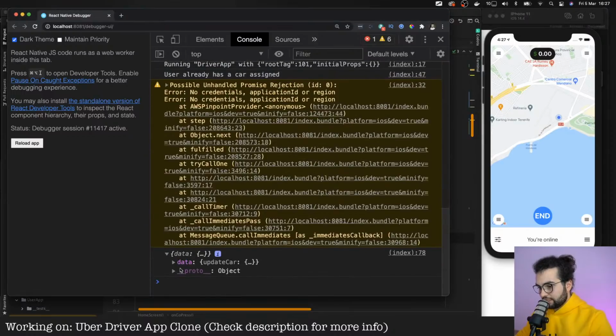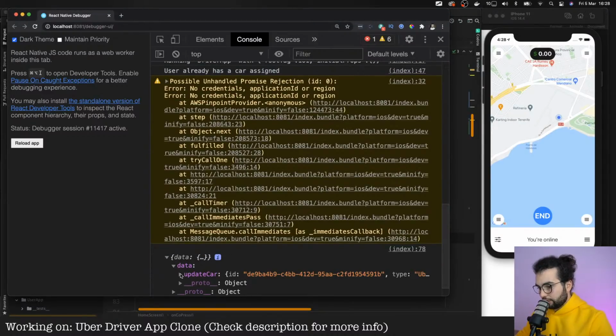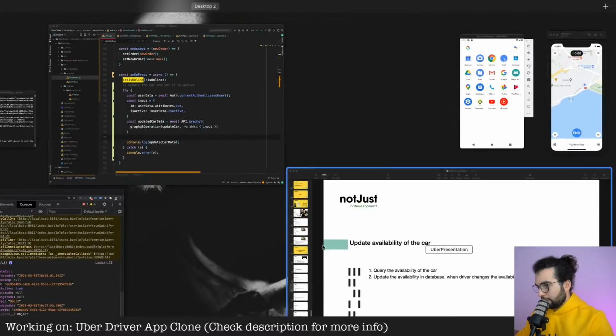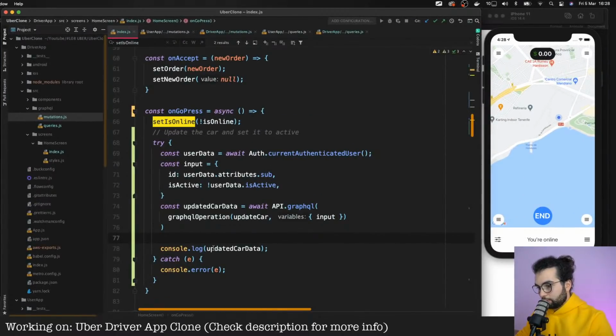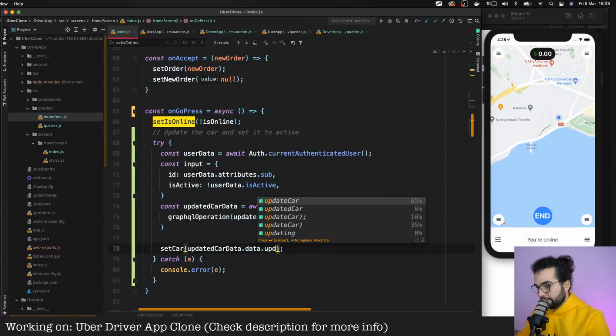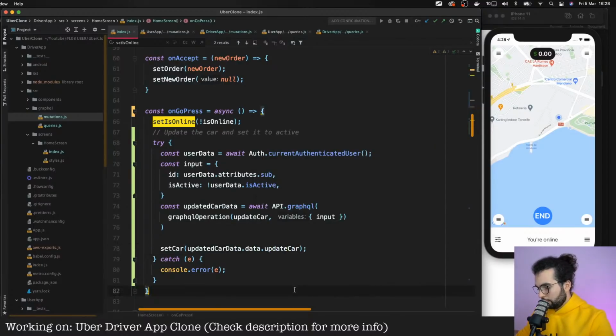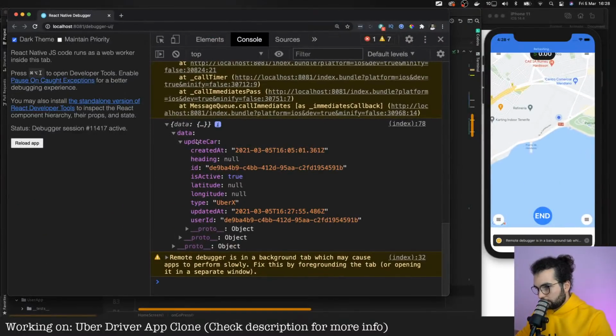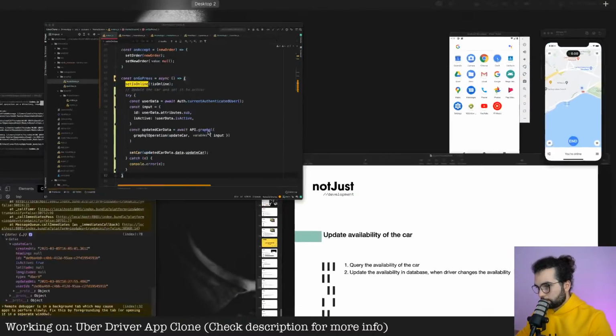So we see that we receive the same data after updating the car. And I think it's a great way to set it back to state and update it with the new values. So updatedCar and data.updateCar, right? That's how it was here. Update car, yes.